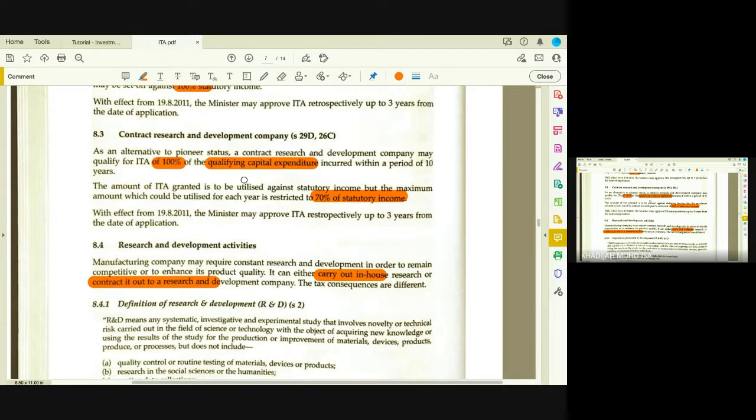It means that you have a manufacturing company and the same company conducts research and development activities in-house. But the other company is where you have a manufacturing company and the R&D is outsourced, contracted out to a research and development company. So the expenditure incurred in-house on R&D and the capex incurred on R&D outside give you different